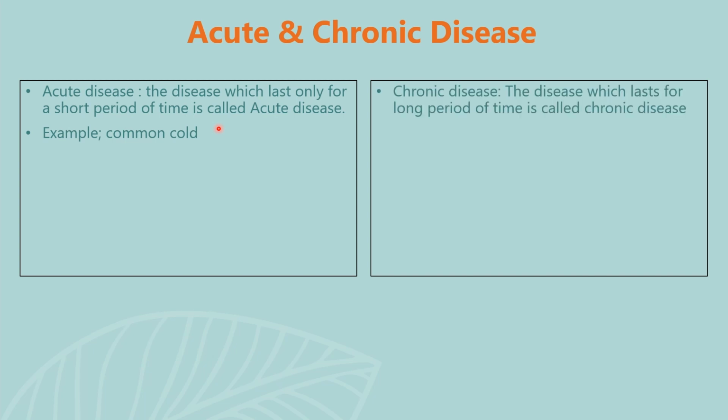Unlike this, a chronic disease is a kind of disease that lasts for a long period of time, which means almost throughout the life. For example, asthma. That's a disease which affects throughout the life. In most cases, that person has to suffer the consequences of asthma throughout life. Secondly, the patient recovers completely after the cure. If the patient undergoes treatment for any acute disease, that patient will recover completely after the treatment because it lasts only for a short period.